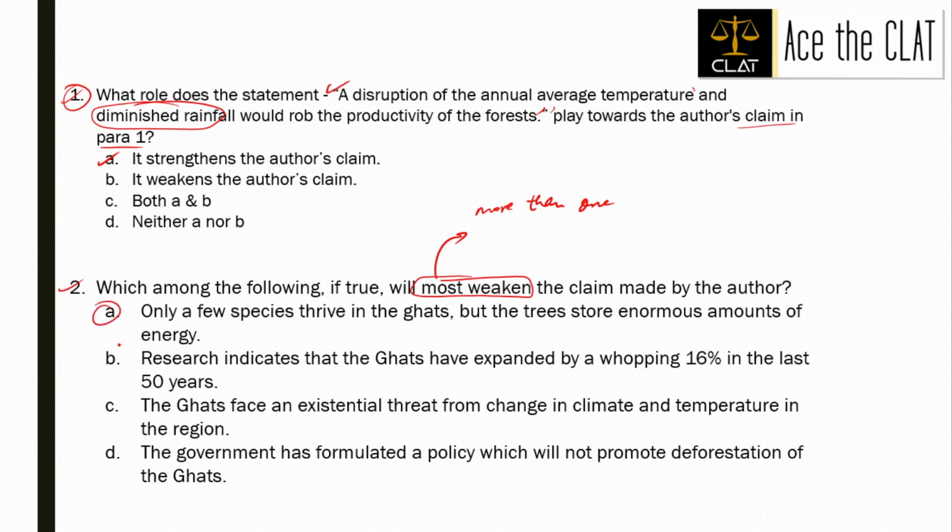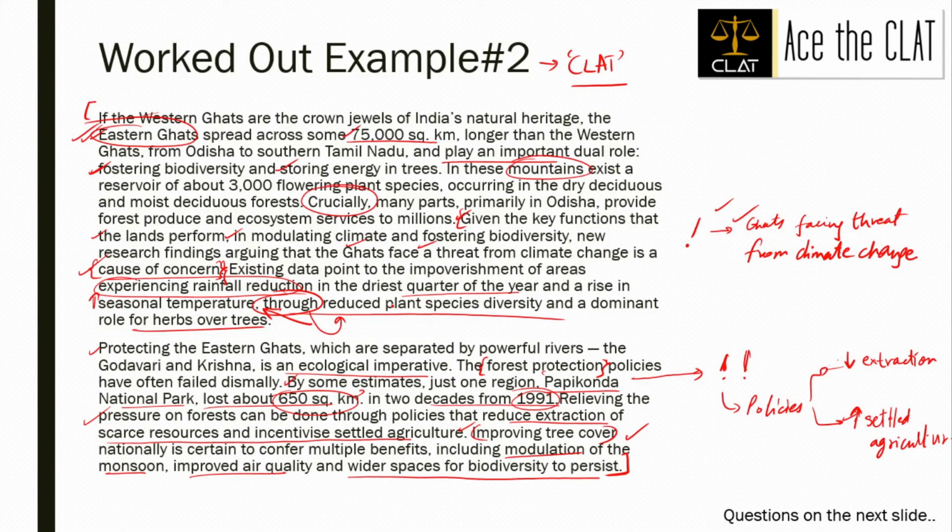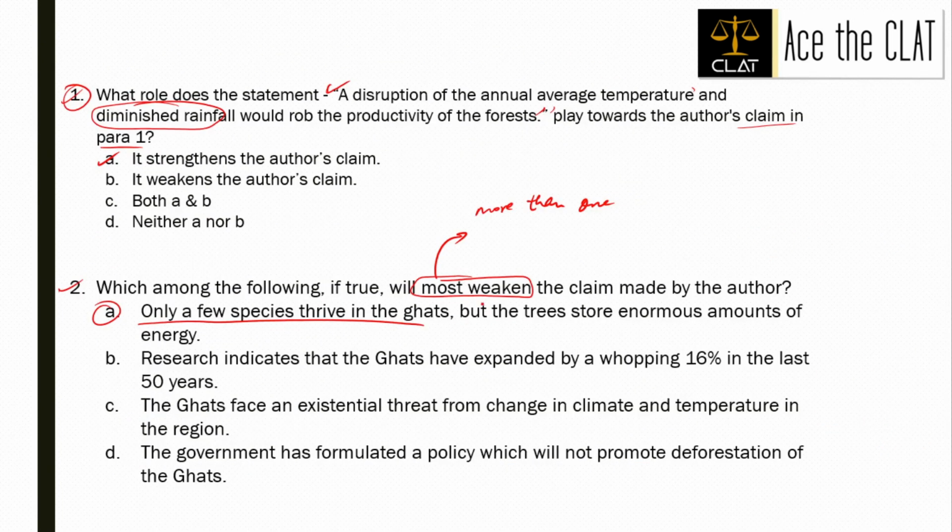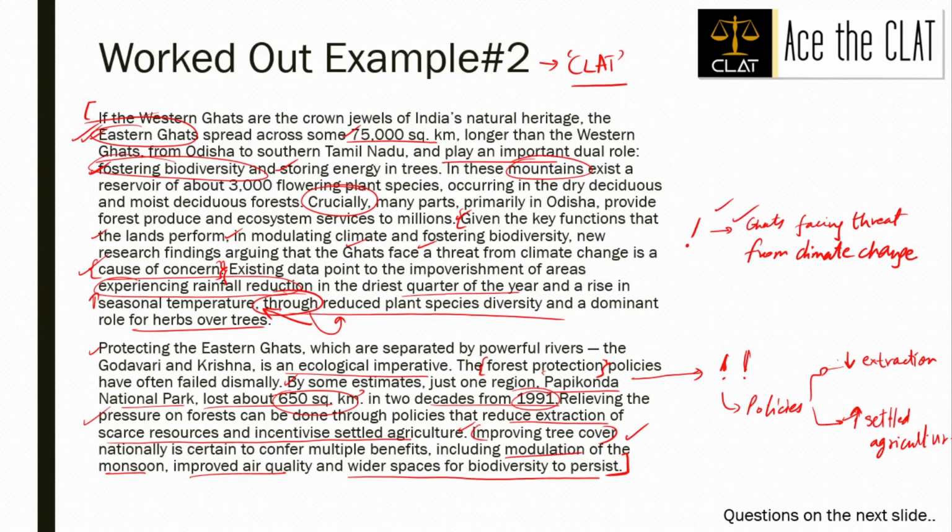So option A says only a few species thrive in the ghats, but the trees store enormous amounts of energy. Okay, the first part of this evidence does in fact contradict what the author claims, right? Author says that there is fostering biodiversity, right? Which means there is a huge diversity of biodiversity in the region. But if you look at the second part, it starts with a but and says that the trees store enormous amounts of energy. That is clearly on the lines of the arguments of the passage, because